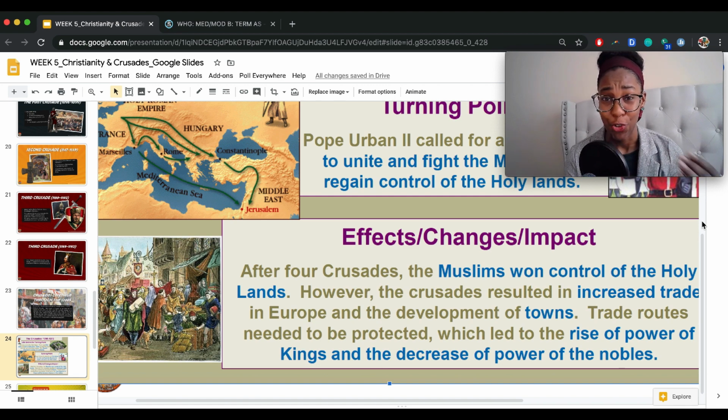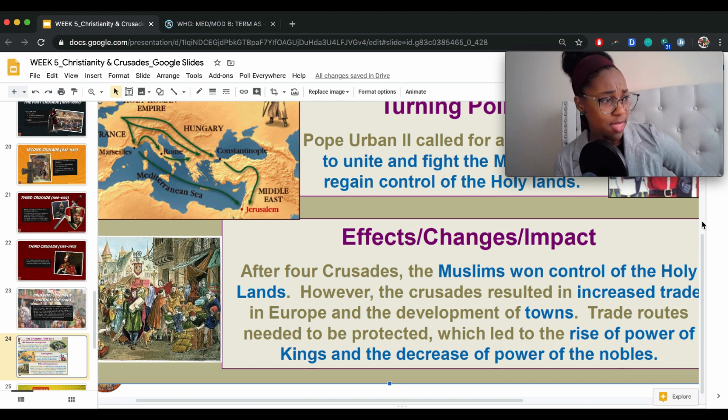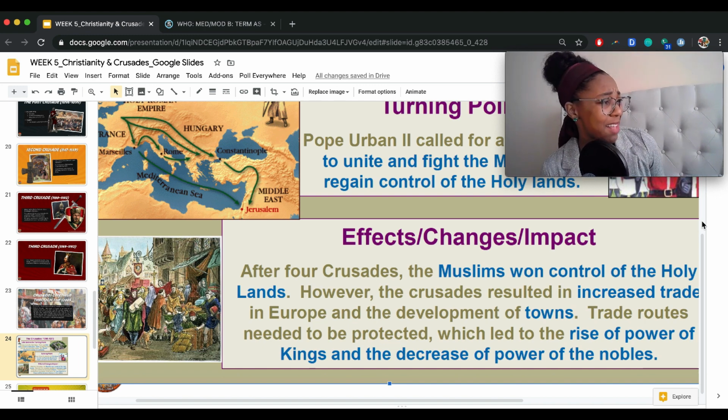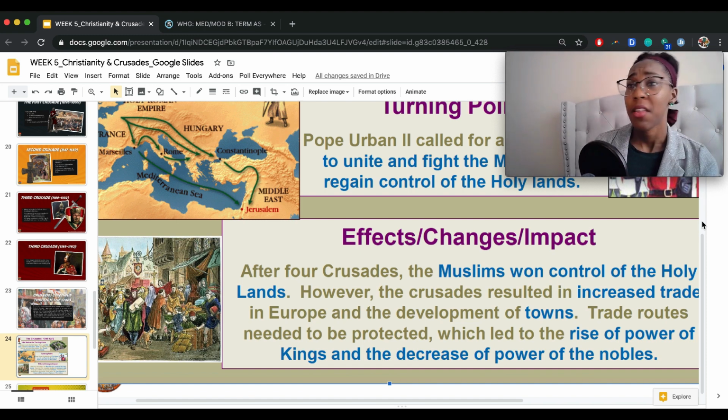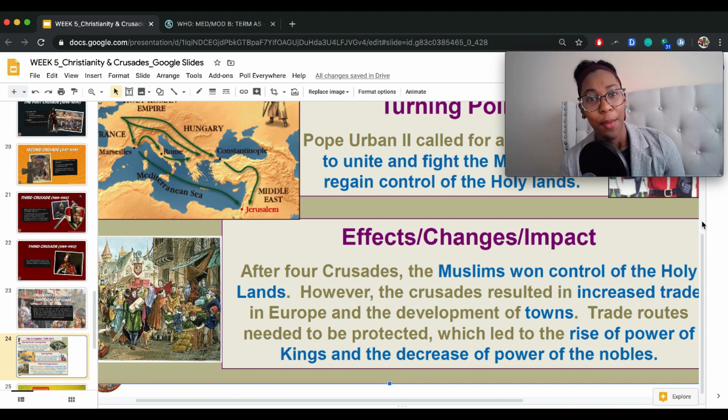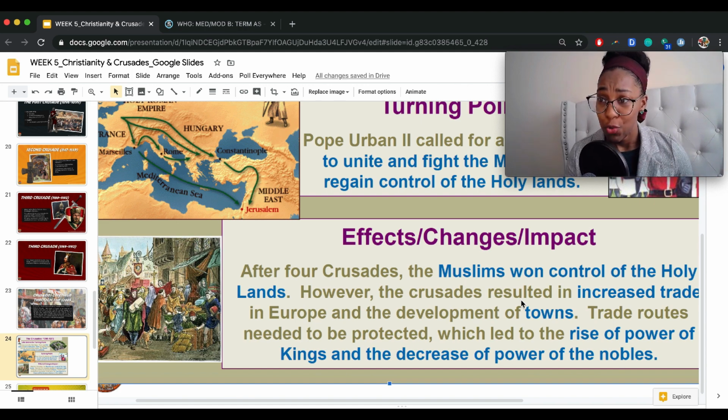It increased trade. So when people got back from fighting in these crusades in a faraway land, they start to realize, wow, you Europeans have some pretty cool stuff. And then Arabs start looking at the Europeans' belongings like, hey, that doesn't look half bad. You got any more of that? People start desiring these goods from these faraway places, and trade begins to increase. When that happens, towns start to come back in Europe. It goes from these decentralized feudal manors that were self-sufficient to cities and towns again. There's a lot of reasons for that, but an increase in trade is one of them.